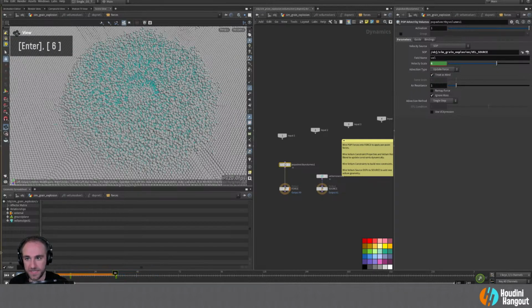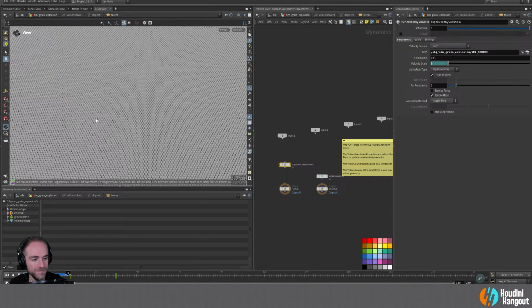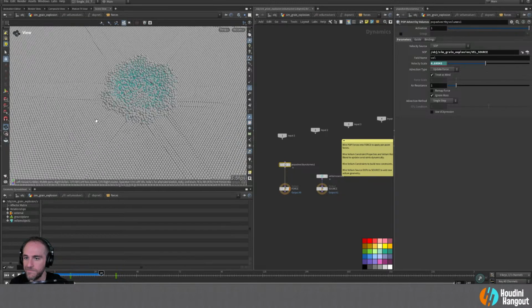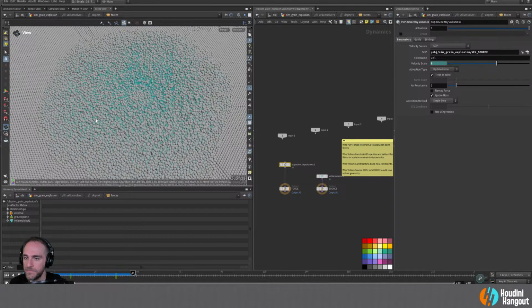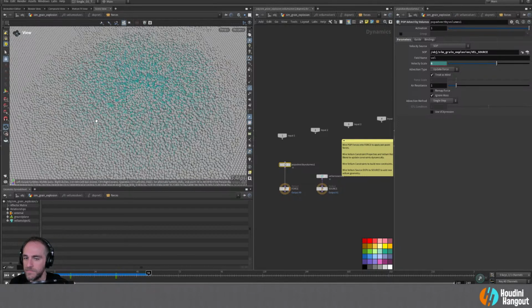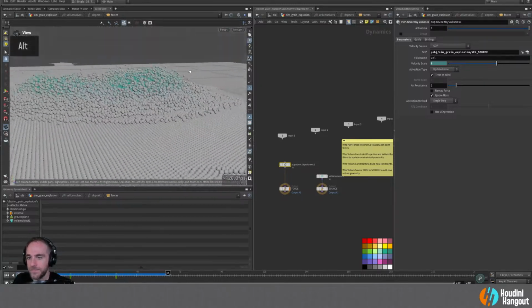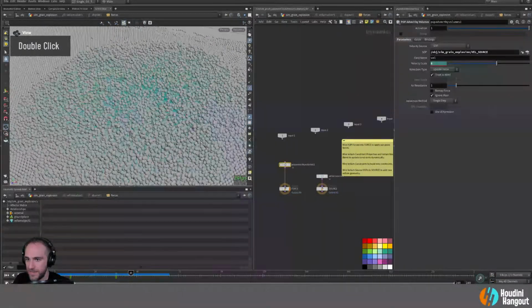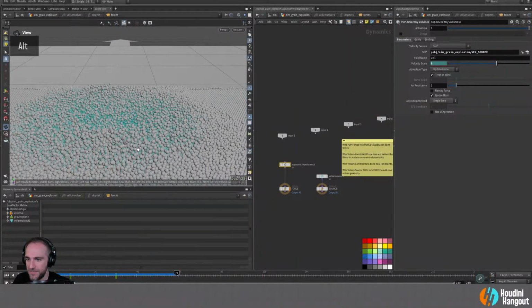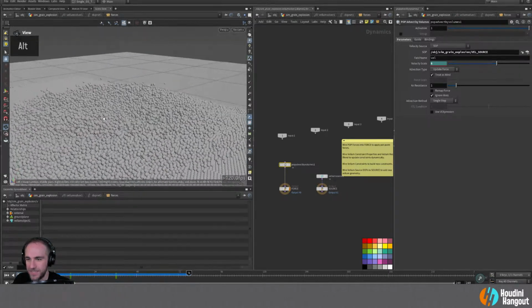Let's say 6, maybe? Yeah. I mean, we're getting somewhere here. They're going really fast. But if you had like motion blur on or something,